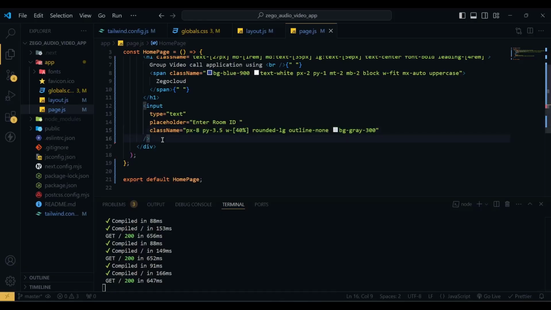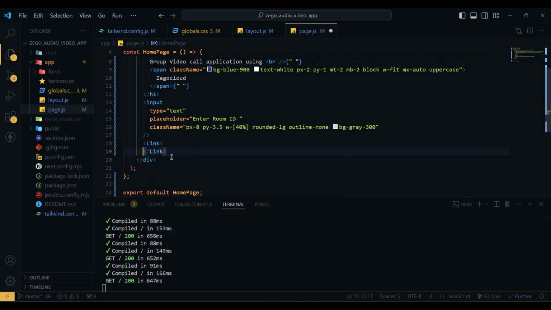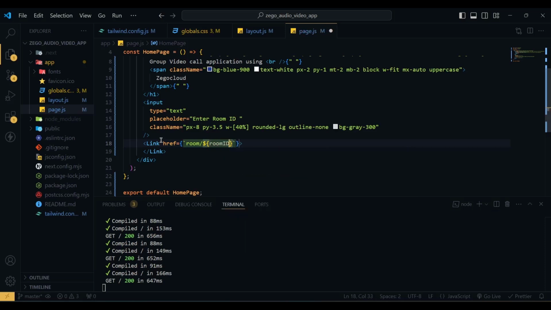Next we will have a Link which is coming from Next link, and for this Link the href will be, we're going to use a template literal, and this one will be /room/ and then the room ID. So for now we don't have the room ID variable or this page implemented. For now let's remove this. We're going to add this later. So inside this Link we'll have a button,